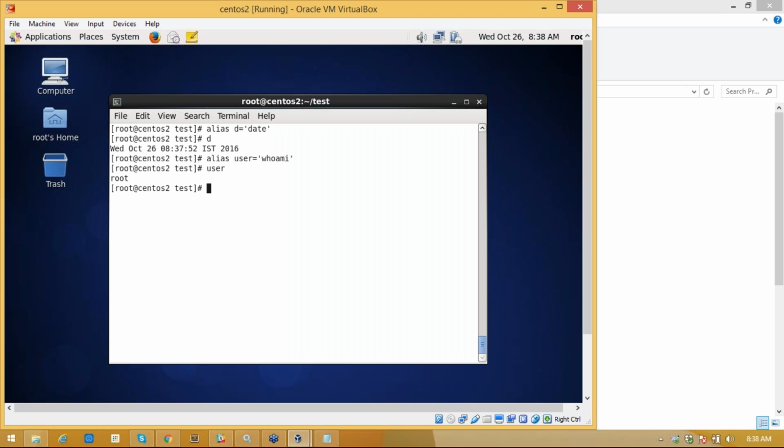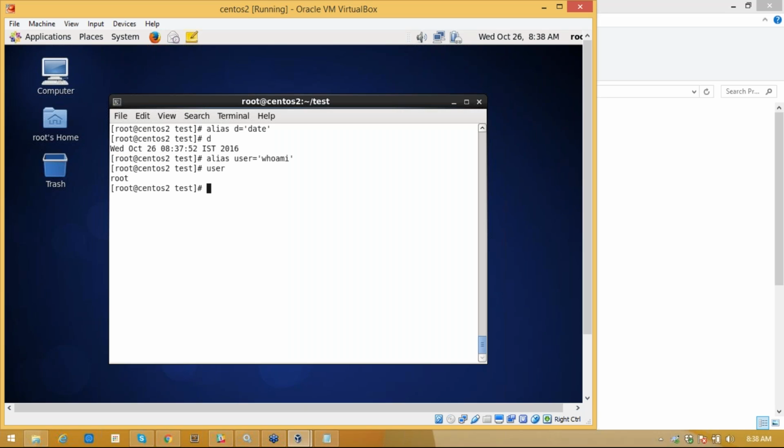If you want to create one more new command with the help of the existing commands, you can just use alias and create a new command with that. Is that clear?